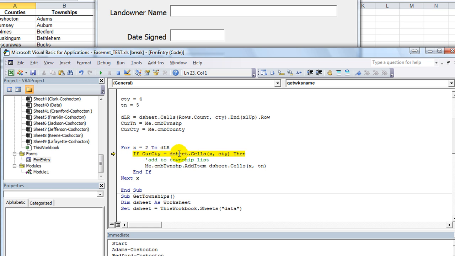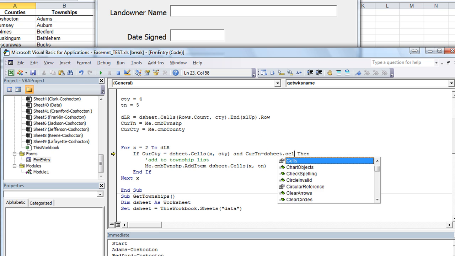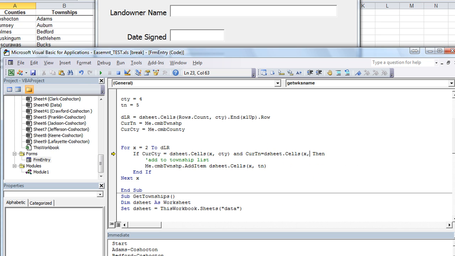So if current county equals the county on that row, and current tn equals dsheet.cells, comma x, and tn, so if the current township equals the township right there, Adams, so right now they're not the same, so skip over it. So if those conditions are met, then